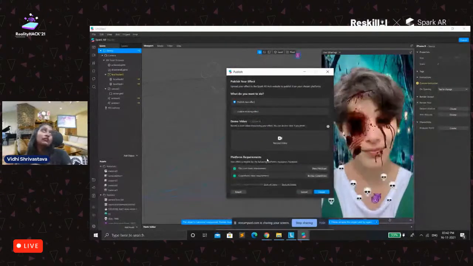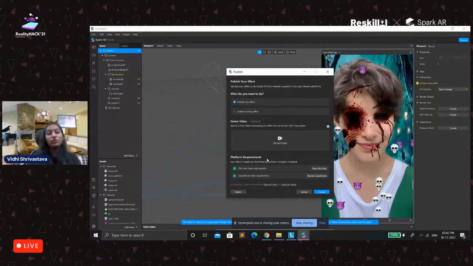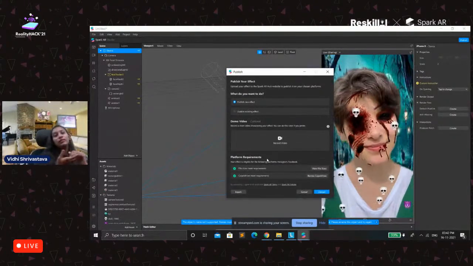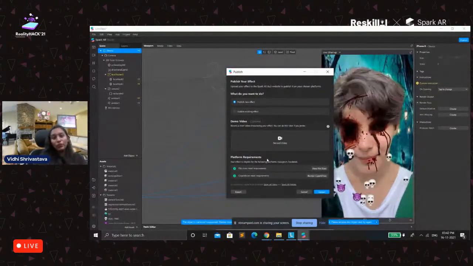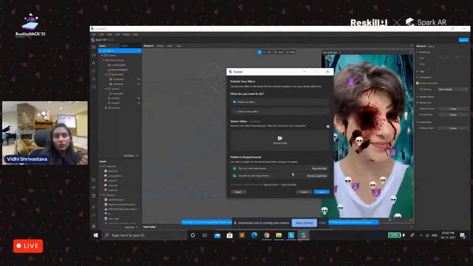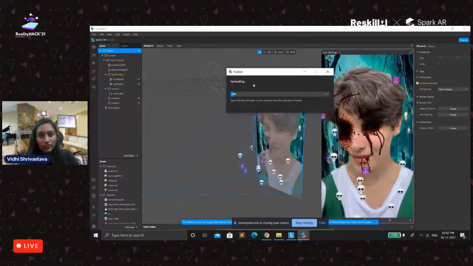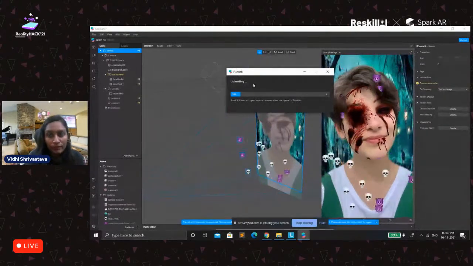And you could see that the file requirements match the filter requirement. So we have 4 MB as a limit. If your effect is going more than 4 MB for Instagram, you won't be able to upload it. And if it's for Facebook, Facebook supports 10 MB. So you can just take care of it. You will just click on upload,